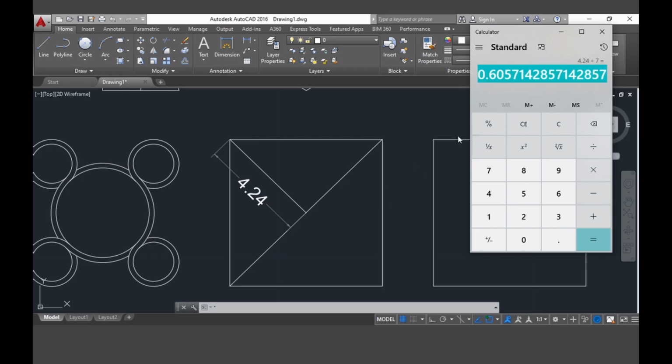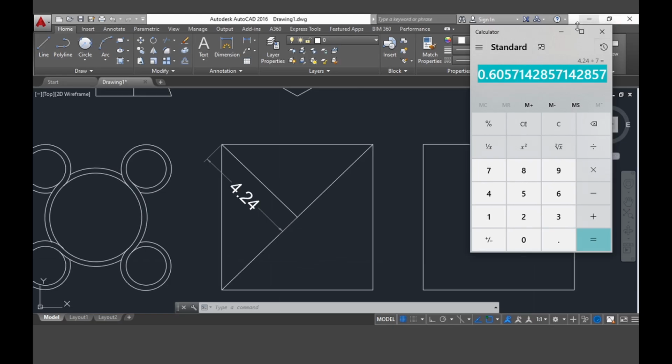Regardless whether you round it off to 2 decimal places or to 4 decimal places, it will still compromise the accuracy of the figure. Therefore, we copy the whole value, and now we can remove this dimension,